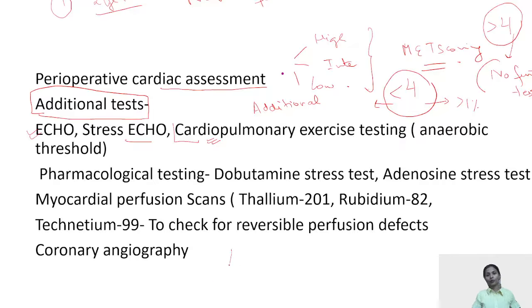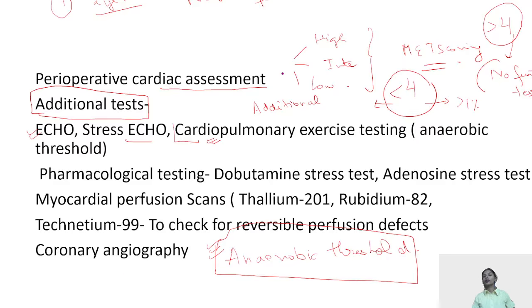And this is important because this gives us a value of anaerobic threshold of the patient. See, this term is very important and recently introduced and asked too. What is anaerobic threshold? When we talk about the anaerobic threshold, what are we actually looking for? We are actually looking for how much stress the patient's body can bear.